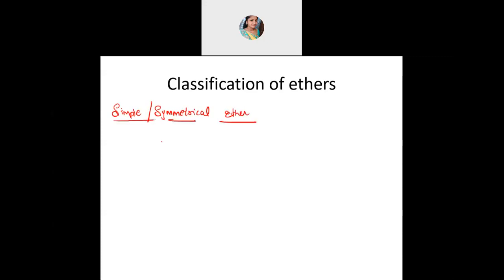Symmetrical ethers are like if you have R, O and then R. If both the groups, that is the alkyl groups attached to this oxygen, are the same, like here CH3, then O and then CH3, both the groups are methyl group only. Or if I'm taking C2H5, O and then C2H5, again a similar group, symmetrical across the oxygen. Oxygen is our functional group here. So if across the oxygen you find similar groups present, then that is called symmetrical. Symmetry is maintained here. Or simple ethers. So that is the first one.